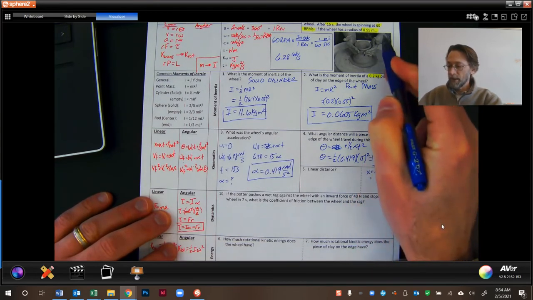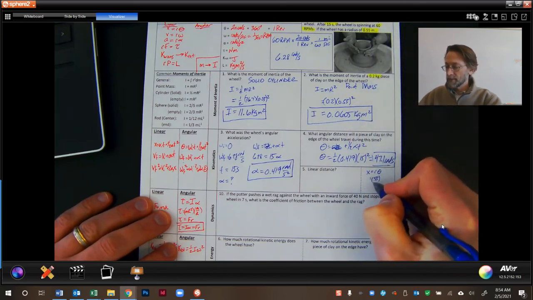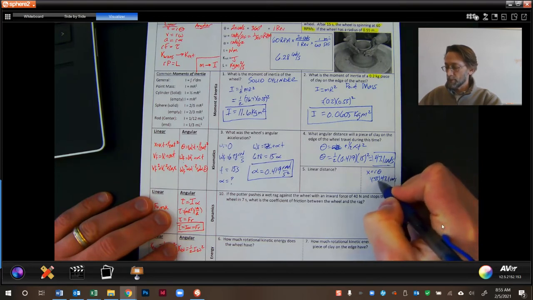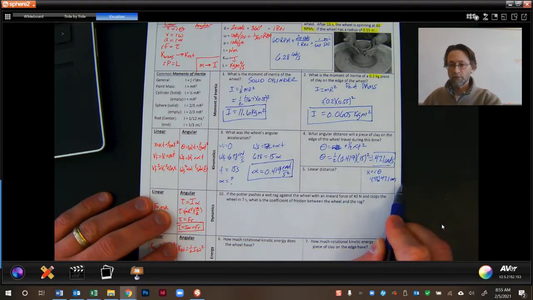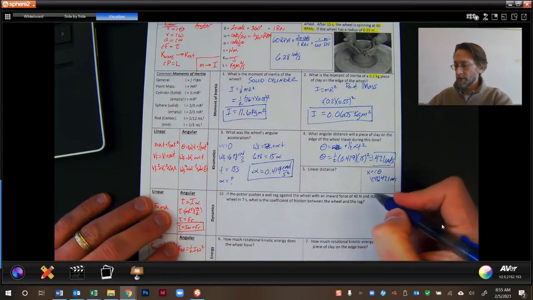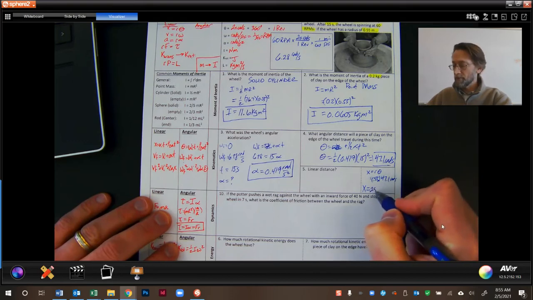So I can take the radius, which is 0.55, times that theta value, 47.1 radians. So the 0.55 was in meters. This is in radians. Remember, radians is not a unit, and so it goes away. And when I multiply those, I'm left with the value of meters,